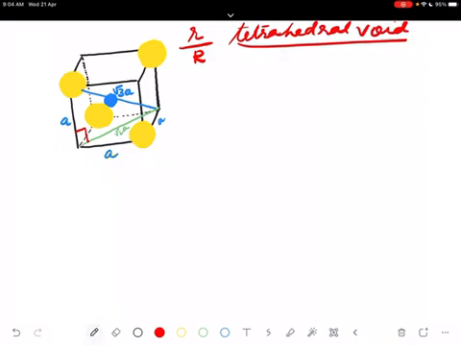Now, what is the distance from its center, this red spot to this red spot? I have made two red spots over there. So the distance between these two is root 3 a by 2. You know that the blue ball is touching that yellow ball. That means small r plus capital R.